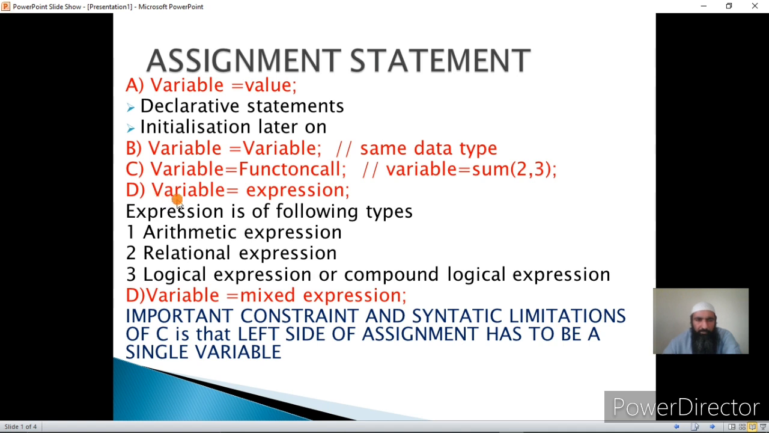The fourth form is variable equal to expression, and this expression on the RHS can be of the following types: it can be an arithmetic expression, a relational expression, a logical expression or a compound logical expression. And the next form, the fifth form, is variable equal to mixed expression. The important constraint for all these five forms, that is A, B, C, D and E, is